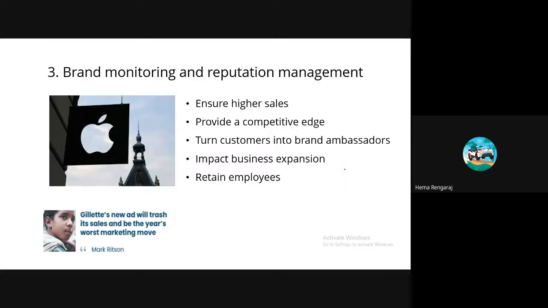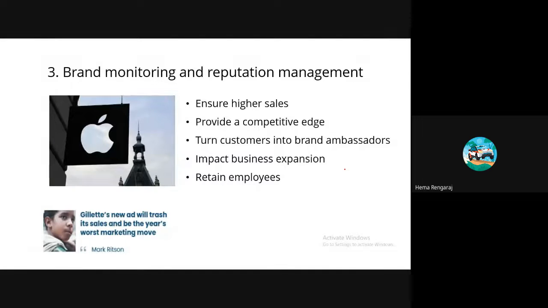And with sentiment analysis tools, there are a lot of tools available for performing sentiment analysis. So the company can easily know whether my brand is getting any negative reviews or not. Immediately the company can know. So brand monitoring is so important, and it is an excellent application of sentiment analysis. Not only that, you can also keep track of your brand image and reputation. Reputation means a good name over time or at a given moment.